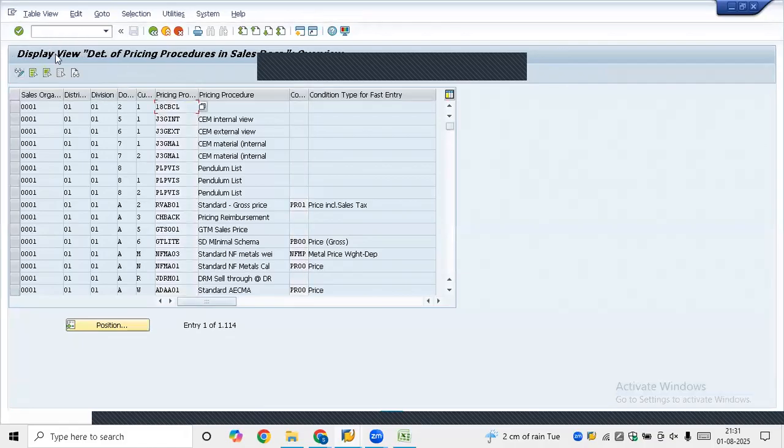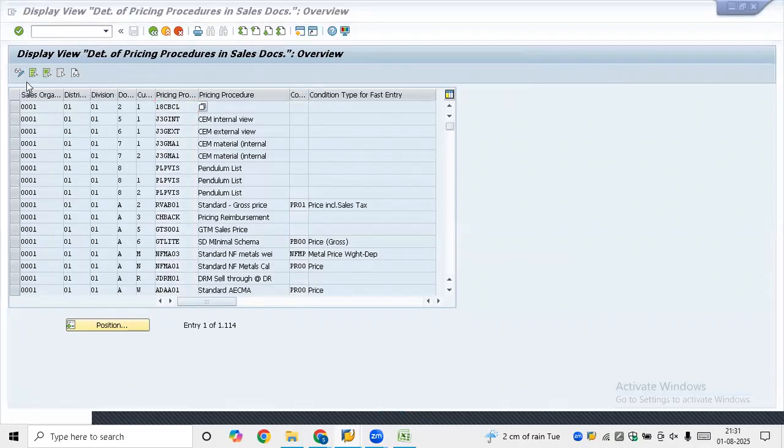If it is opened in change mode, always go here. This is a display or change, same button. If it is display, it will make it to change. Change means it will go to display. I always request you guys to use display mode. By mistake, if you do something, like cursor or wipe off the data and hit save, it gets saved. So you should not do that. Since you are in a learning mode,